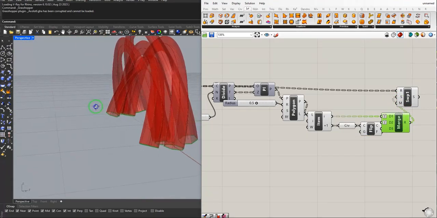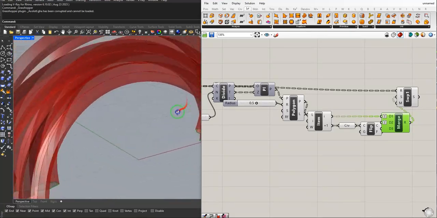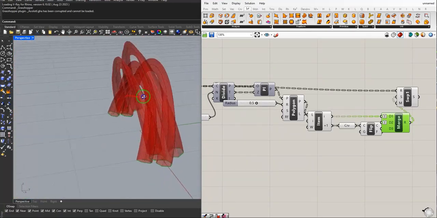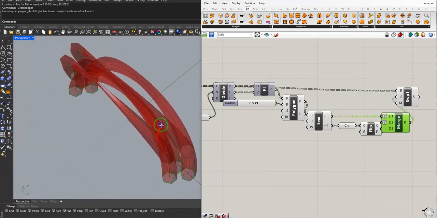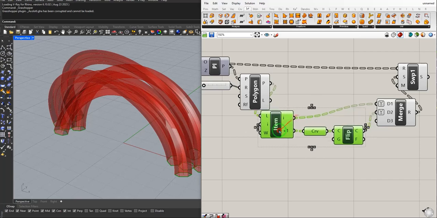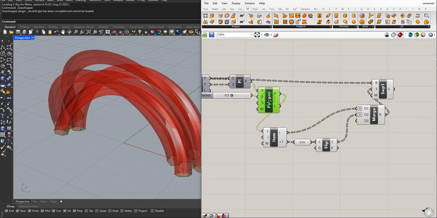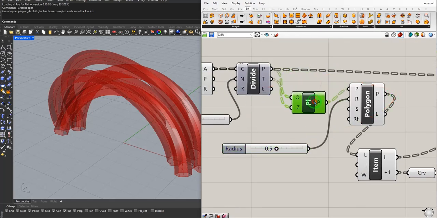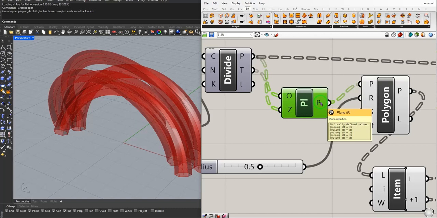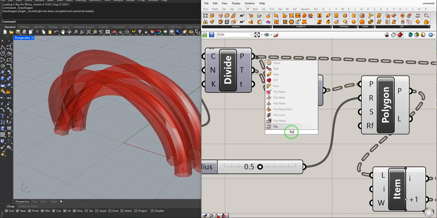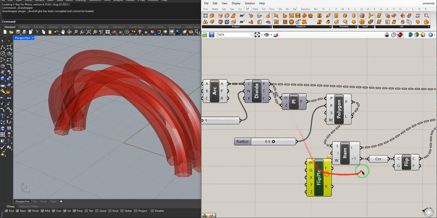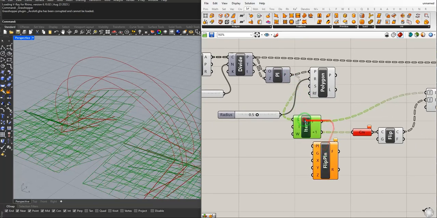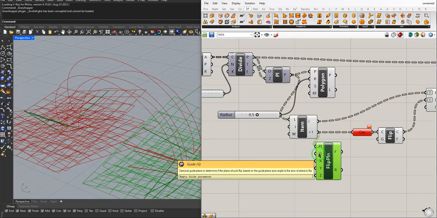Okay, but we have a little problems here too. I think for fixing this problem, we have to flip the planes before these things happening. Okay, here we have the planes, right? So we have to, using this method, flip the plane. Yeah, here we have the flip plane component and separate the planes into two groups. Flip the first group and